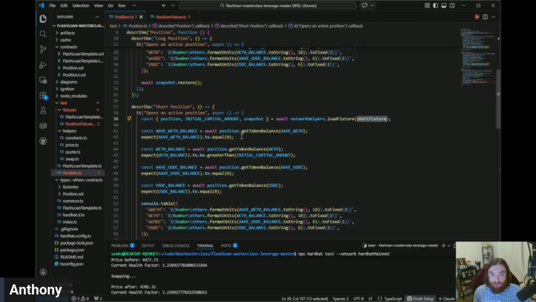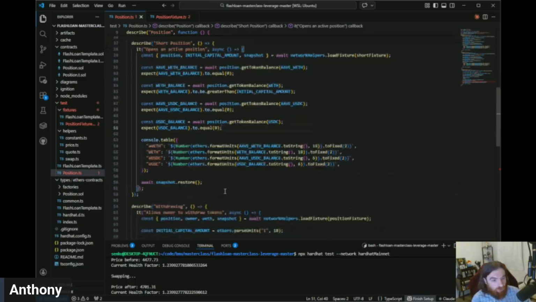So by the end, when the short happens, we want to make sure that our balance on Aave is 0. Our WETH balance, this is the difference, right? We're checking that the WETH balance is greater than the initial amount. We want to make sure that this was profitable when that market event happened. We check that the balance on Aave is 0 and that the USDC balance is 0 because we're walking away with WETH now, right? We log all of this into the console, snapshot restore rolls us back so we can